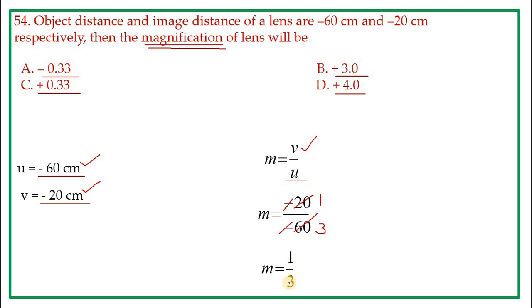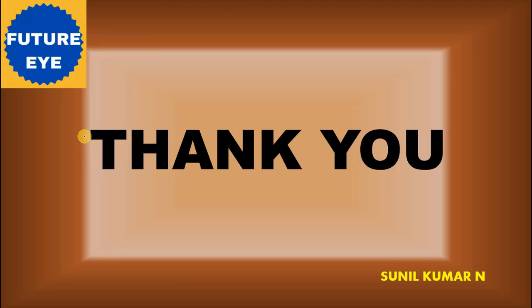So 1 divided by 3, children, how much do we get? 0.333, and it goes on like that. In our options they ended here, so you also end at 2 decimal places, 0.33. Hence the correct option is C, children. So that is 0.33. Dear students, I hope you have understood the physics multiple choice questions.